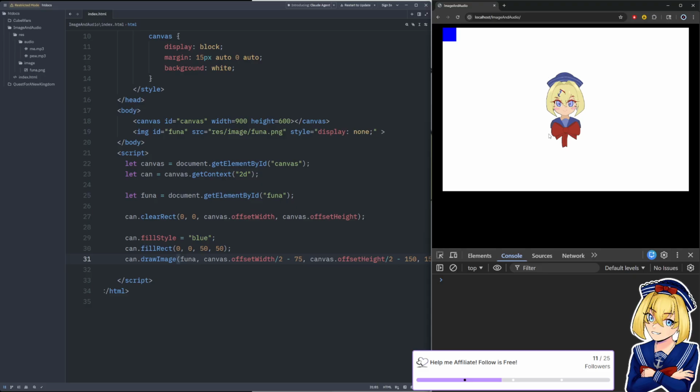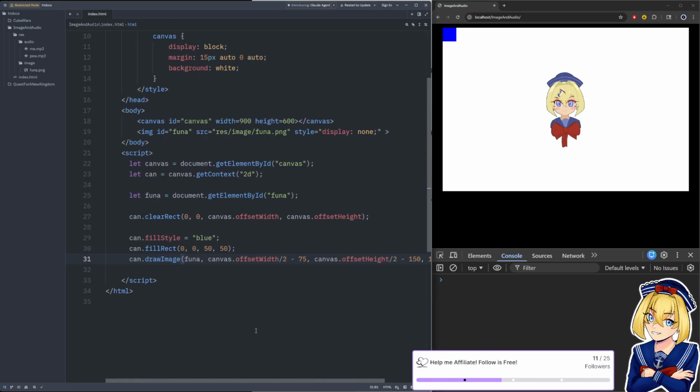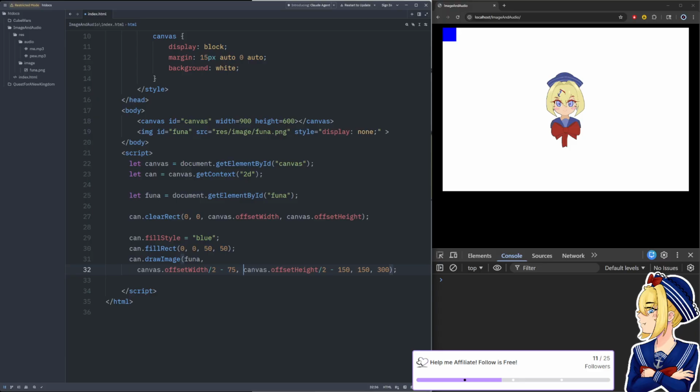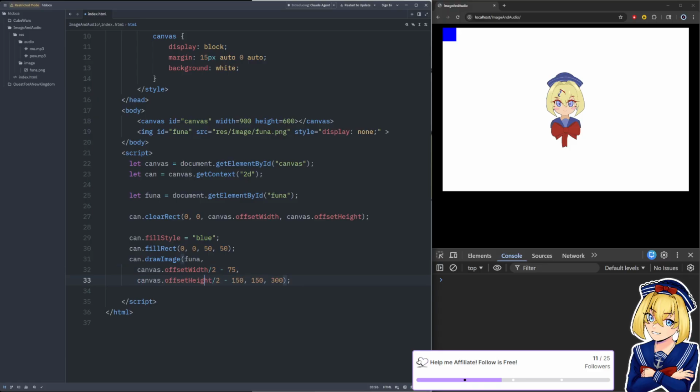So this is the full image though, right? And we may sometimes want to crop the image for something like a sprite sheet, right? Well, this draw image function, I'm going to get rid of this cube.